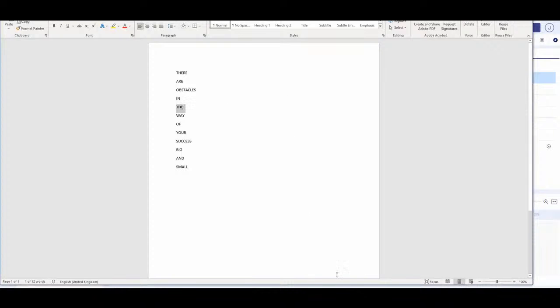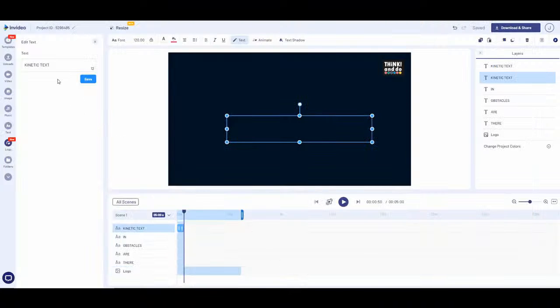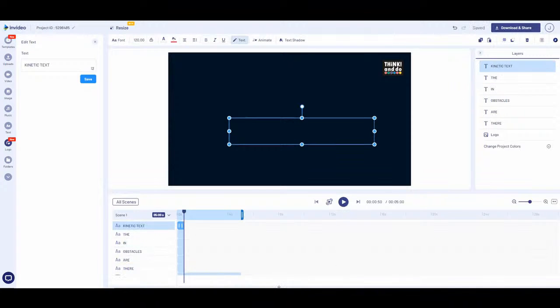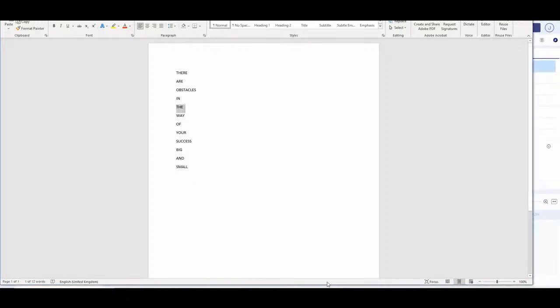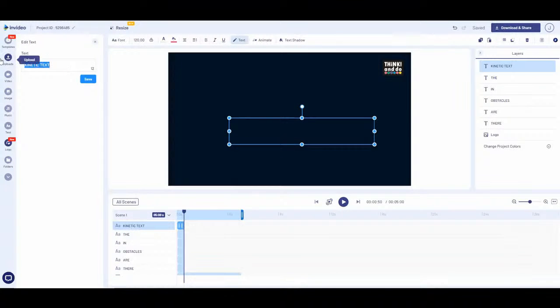Control C, Control V, and the last. It's not all of them, but I thought we'd just do the first few, have a look, and then we'll make the whole thing. Control C, Control V. So now I've got some words, and what I'm going to do is test my speed,